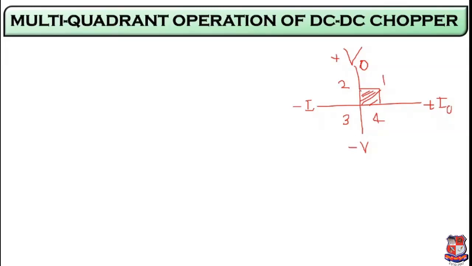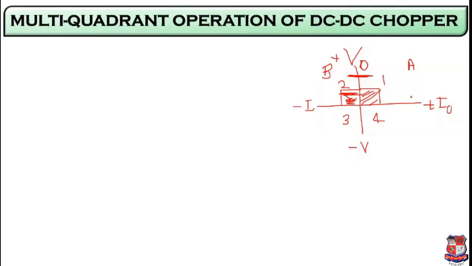If your chopper has this type of characteristics, it is running in both the quadrants, first quadrant and second quadrant. It means this is a class B type of chopper. Okay, class B. If a chopper is able to run in only first quadrant, that can be said as a class A chopper. If it is able to run in both these quadrants, then it is said to be a class B chopper. So what is a class B chopper? A class B chopper is a chopper in which output voltage polarity remains the same, but direction of current can reverse.